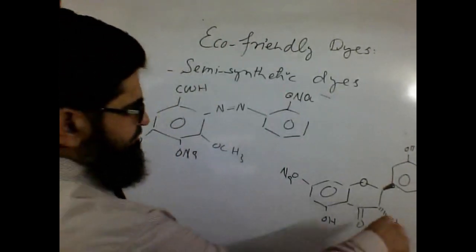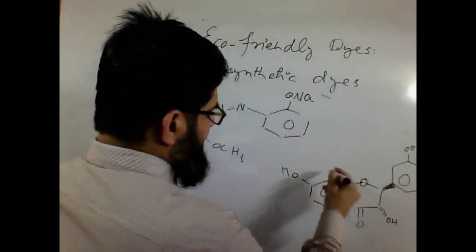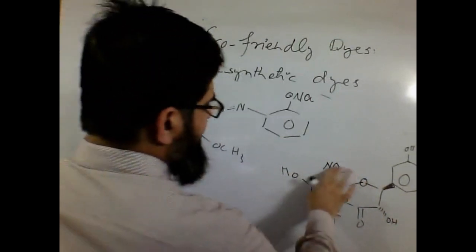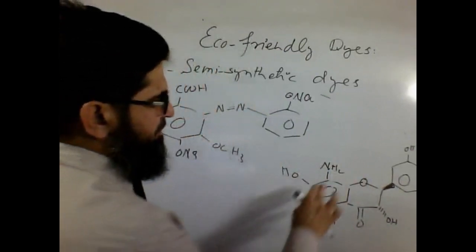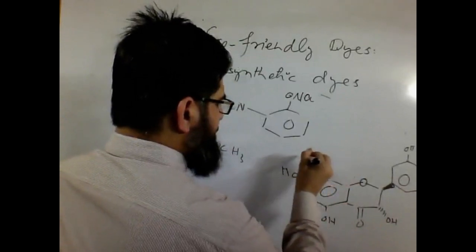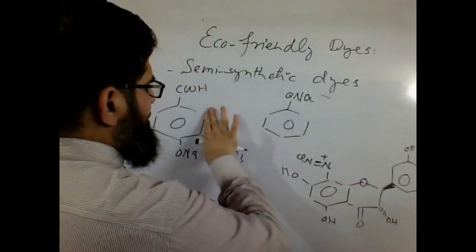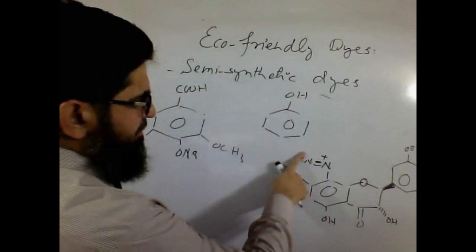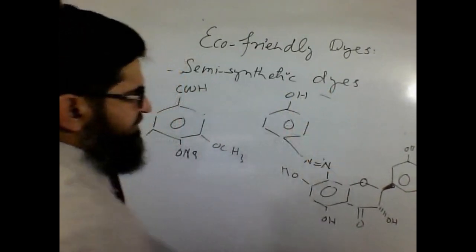Similarly, we have this apicacetan. It's a natural compound. One could do nitration over here. Yes. Again, you can go for reduction to generate amines out of it, and then one can go and perform diazotization, and again one could bring some sort of a coupler like phenol, then it could react over here to give us this sort of the dye.